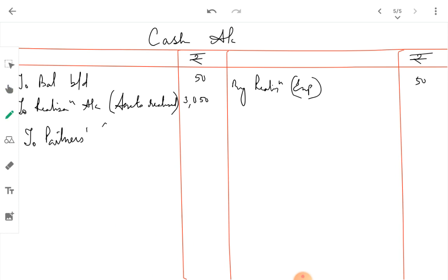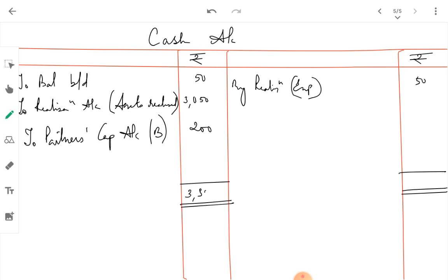To partner's capital account, partner B, he brought in rupees 200. Fine. So now what we have to do is we have to close this account. Okay, I'm going to close my cash account and get the total. Total of cash account is rupees 3,300. So now we know the account, the total. Now see the balance. You have a balance of rupees